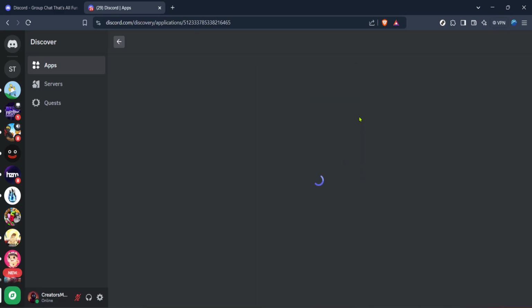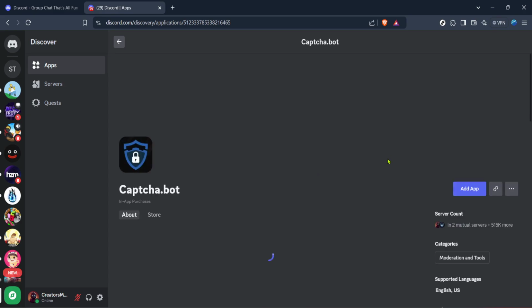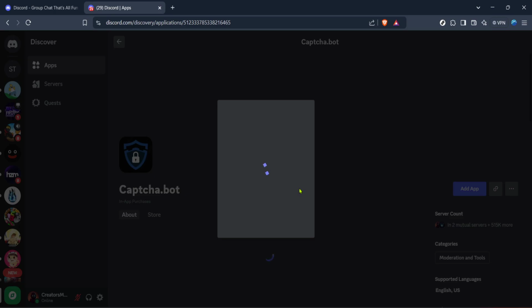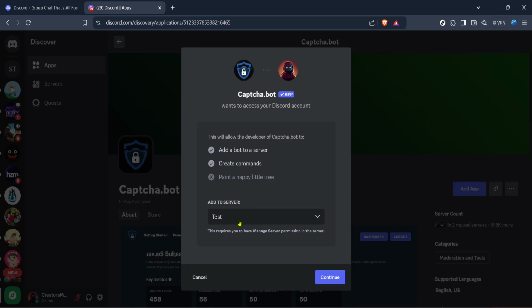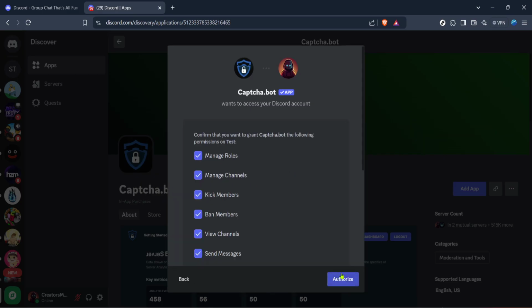This application is a key tool in helping you institute verification for the members joining your server. Clicking on it will take you to an option where you can add this app to your server. Look for the Add App button. This step is crucial as it integrates the Captcha bot with your server, allowing you to make use of its